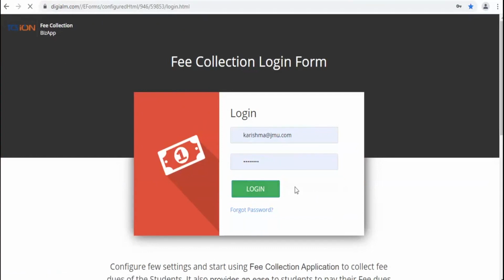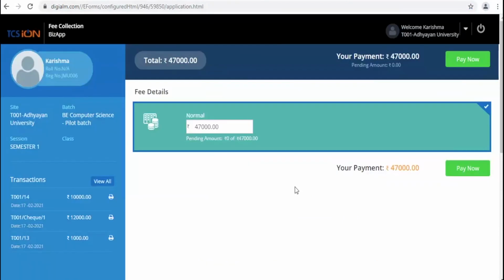So once a student logs into the fee collection portal, in this way, they will get the entire personal details or academic details. It is showing the batch, semester, registration number, roll number of the student, amount that is due for the student, and also on the left hand side it is also showing the previous fee details or the previous transaction details for which the payment was done.